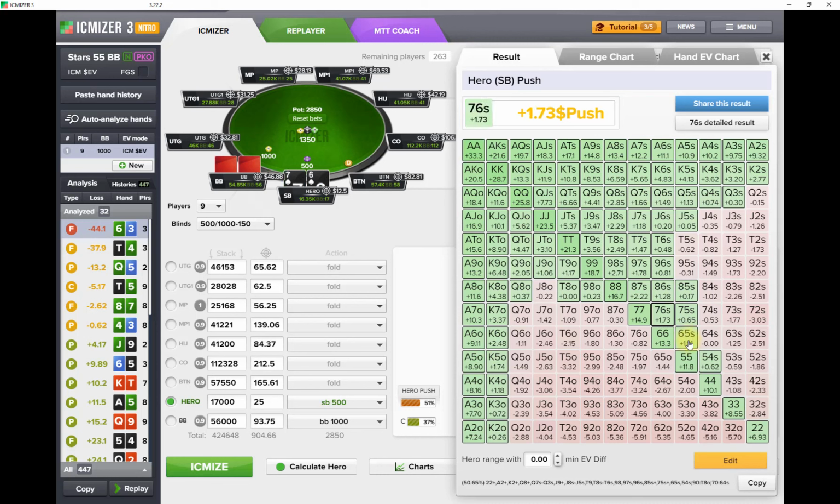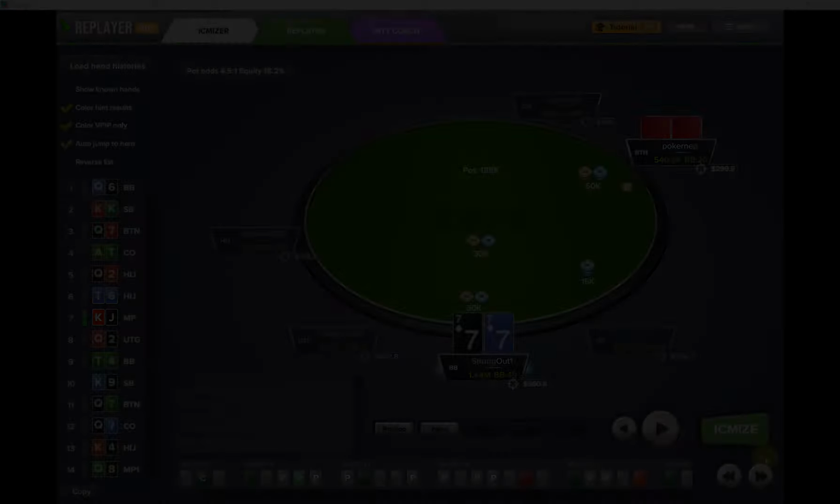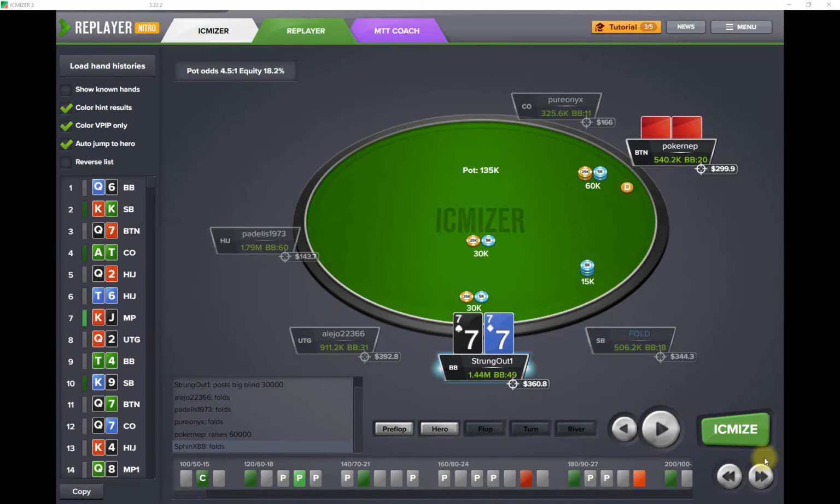Okay, so you are getting some coaching here too, but these are just the basics of PKOs and using ICMIZER. Okay, the next hand we're going to look at here is in the big blind with two sevens. We're facing a button open, and I'm going to walk you through how to get the best answer possible for this particular spot so you can find out what you should be jamming or what you shouldn't be